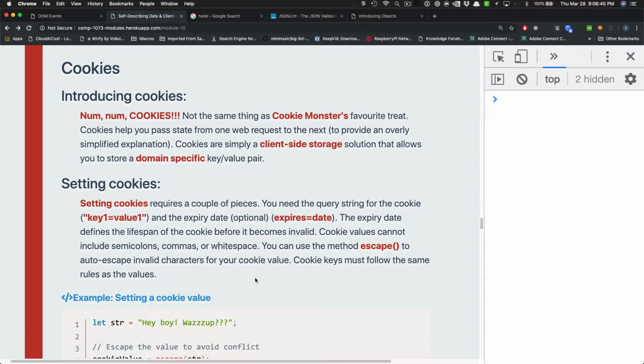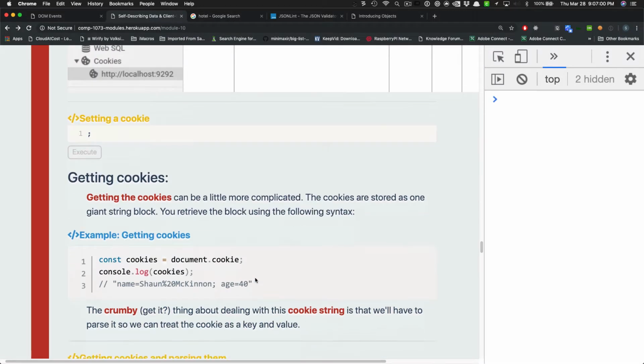Cookies are a pain in the butt. Okay? Cookies are a pain in the butt. I'm not going to put cookies on the test. We're not going to use cookies very much. We will use them next semester in advanced frameworks. We'll use cookies. Okay? The one I want you to know, though, is local storage, and I don't want to